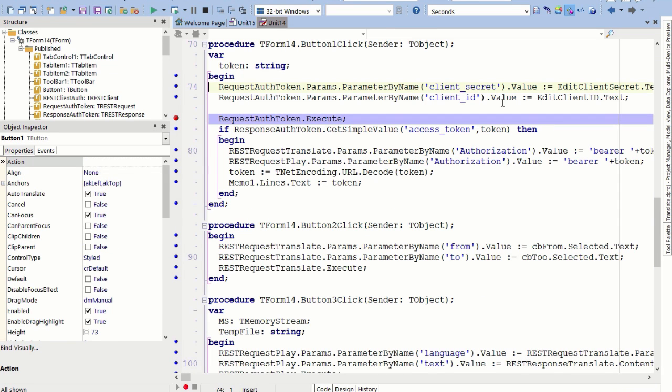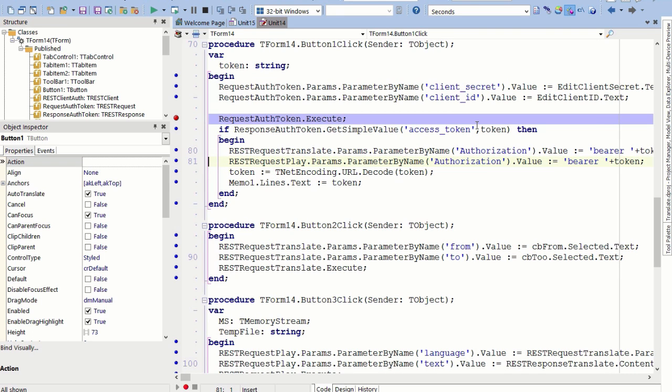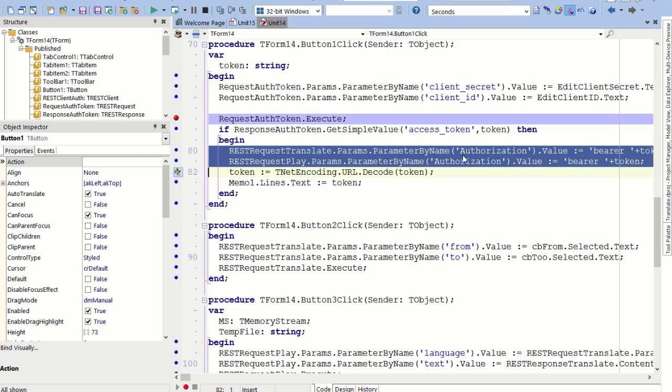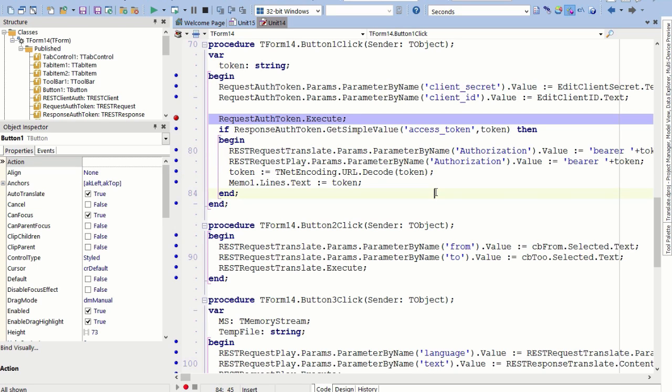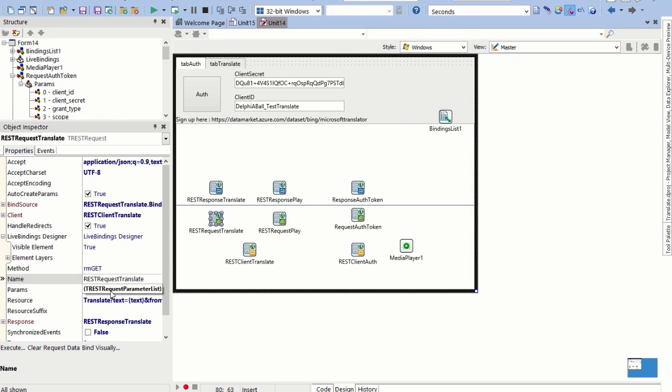When we call the authorization, I'm setting the client secret and ID, and I'm then getting the access token, and then using the bearer plus a space plus the token. So the get simple value is a boolean, if it's there, true or false, and you pass in the output property. I've got a string here that takes the access token. That allows me then to pass it through to the parameter by name that I'm going to be calling through the other requests. And the authorization parameter here, if we just jump back in here to the parameters,